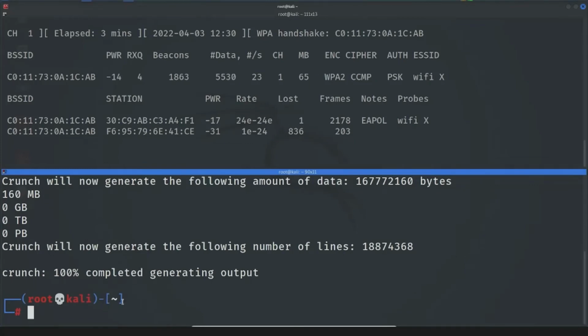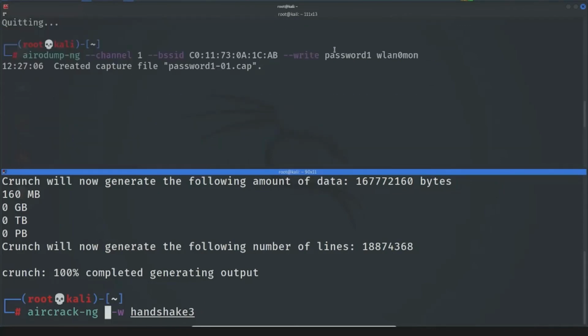Okay, to crack the password of the network, we are going to use aircrack-ng. Sorry, aircrack-ng. Okay, just delete them. Here, we have to write the name of the file that we created using the write command.